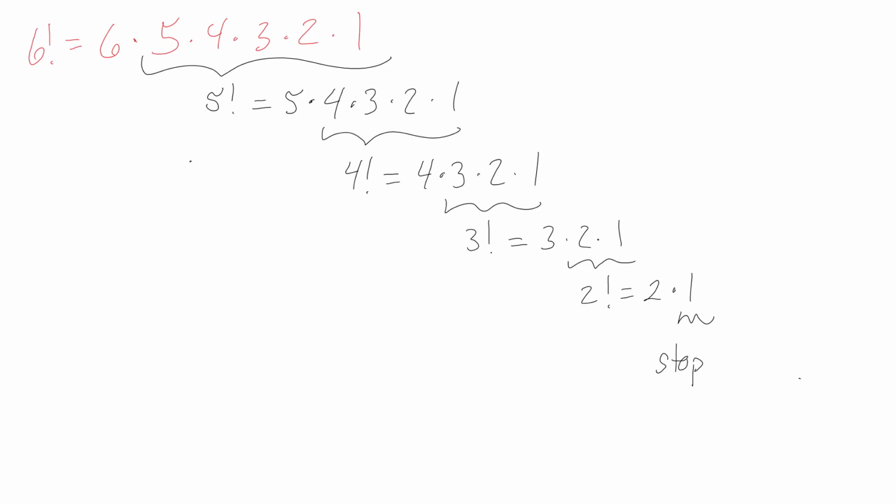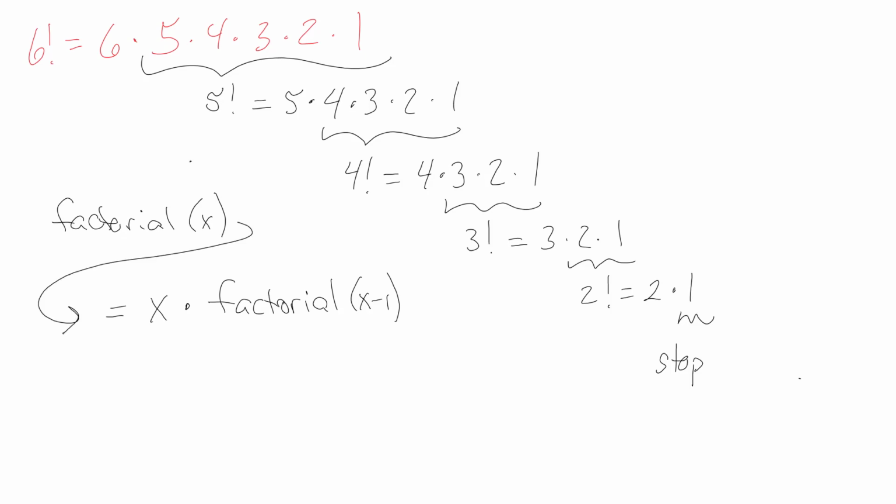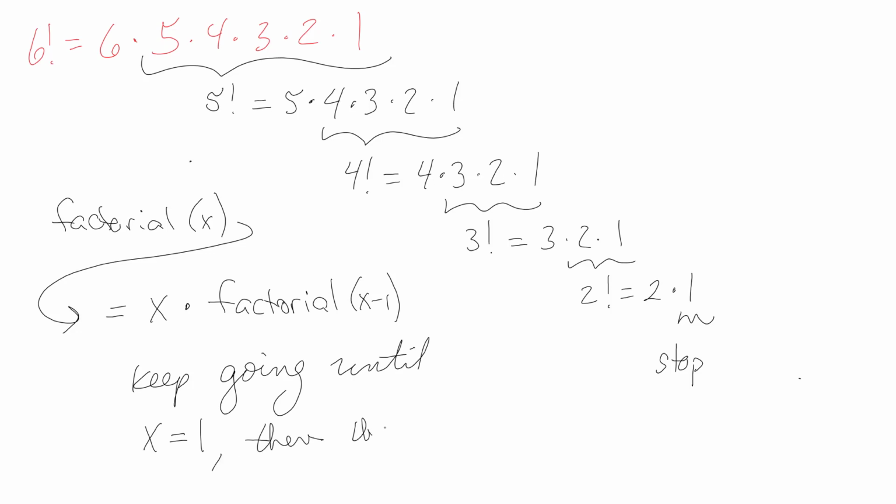All right, so if I'm trying to find the factorial of, I'll just say x, it would be equal to x times the factorial of x minus 1, right? Does that kind of make sense? So the factorial of x is equal to x times the factorial of x minus 1, and then you keep going until x is equal to 1. Then you say the answer is 1,